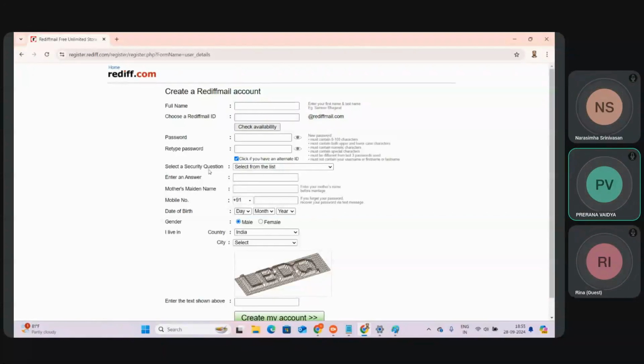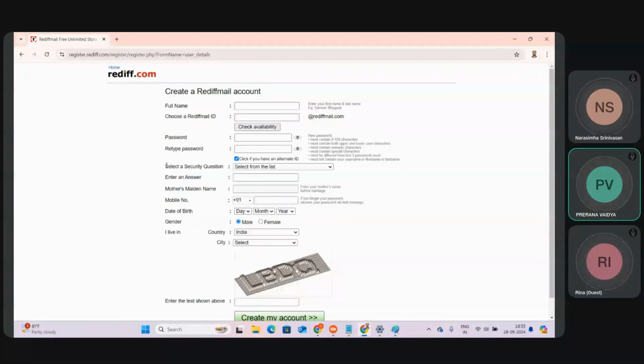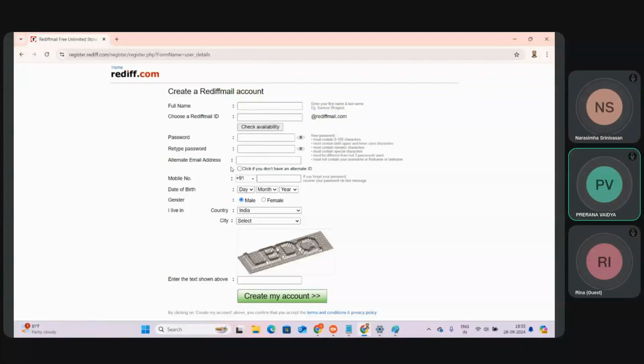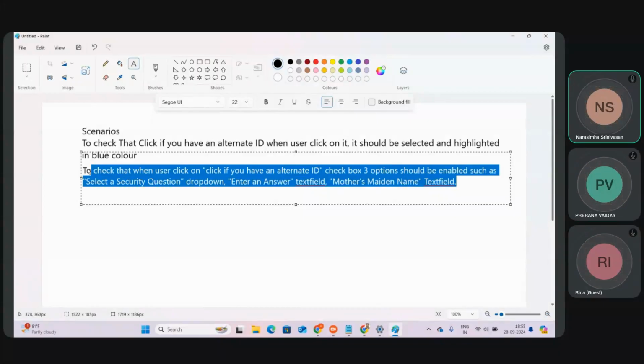Now, if I again click on this one, what should happen? It should vanish. If you one more time click, it should vanish, right? So that also is a scenario, that is a behavior. Okay, so what I will do,